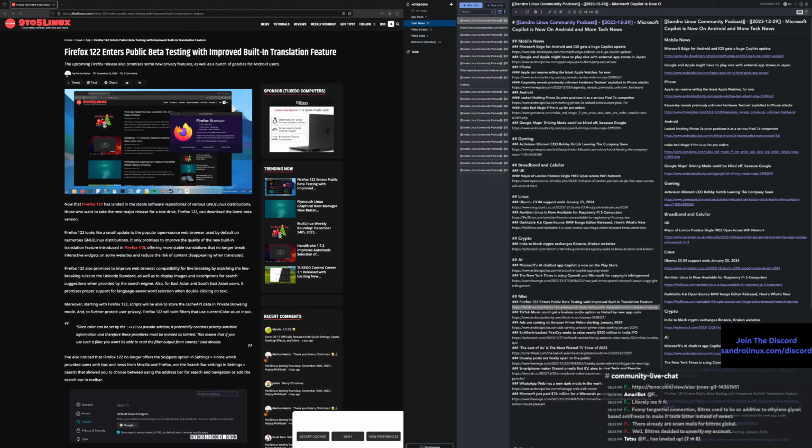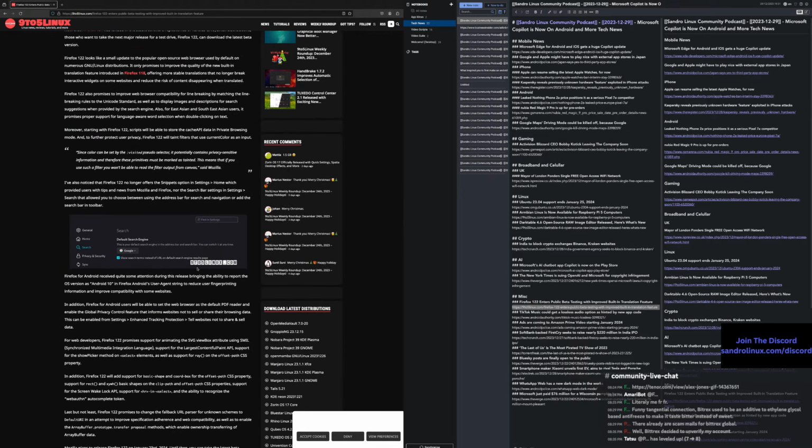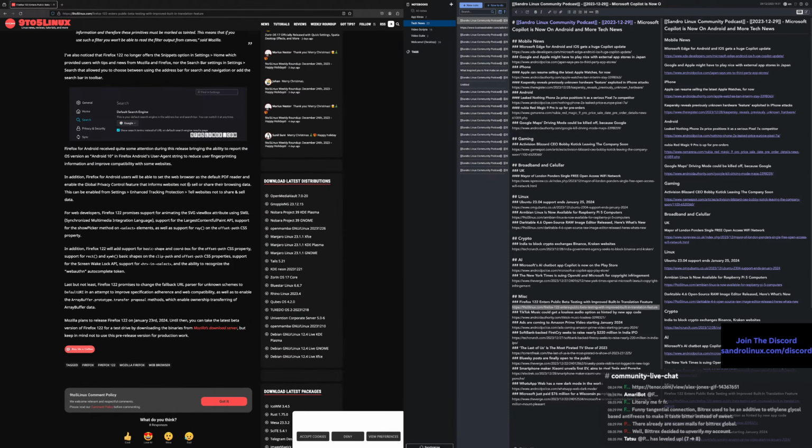I mean, there's a bit. Yeah, it's nothing special. The article says there's a bunch of goodies for the Android users, so that would be a bit interesting. So apparently, Firefox for Android